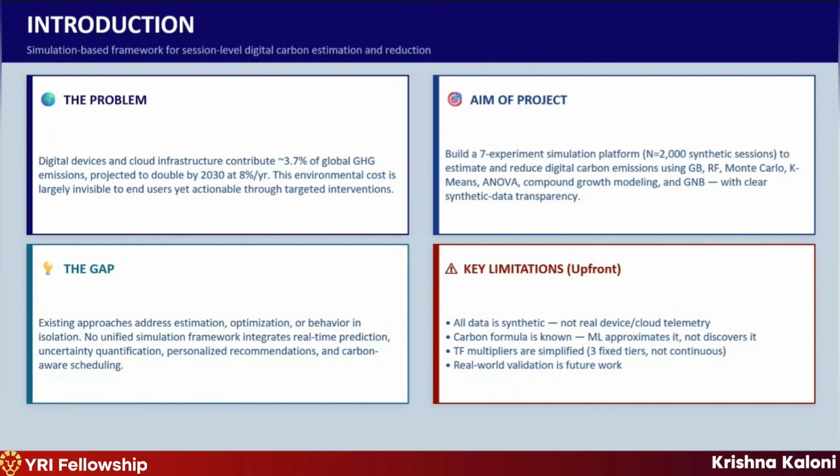Digital devices and cloud infrastructure currently account for roughly 3.7% of global greenhouse gas emissions, a figure projected to nearly double to 8% by 2030 if current growth trajectories continue. What makes this particularly challenging is that environmental cost is largely invisible to end users, even though it's directly shaped by their behavior and computing choices. A gap in existing research is that prior approaches tend to treat estimation, optimization, and behavior change in isolation. No prior framework integrates all 4 components: real-time carbon prediction, uncertainty quantification, personalized behavioral recommendations, and carbon-aware scheduling into a